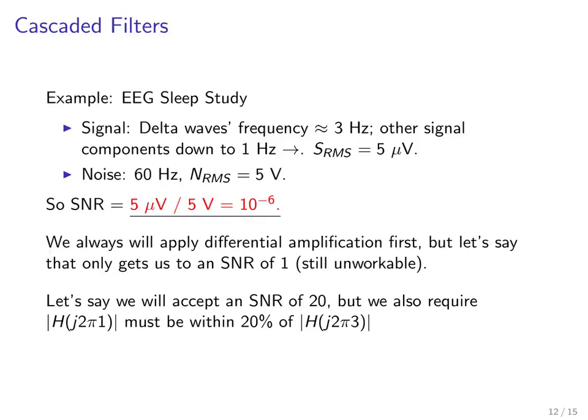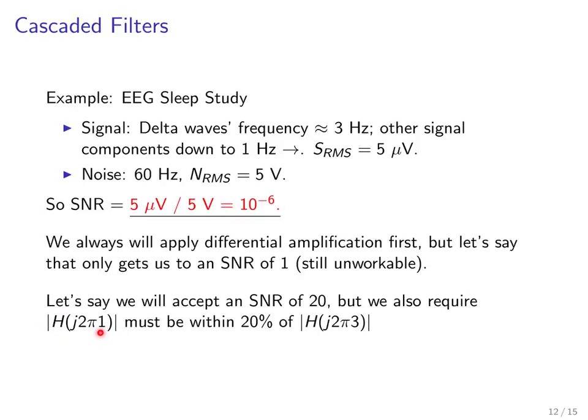So what we will always do in these kinds of situations is first apply differential amplification to try to suppress this, because we usually have the same 60 hertz noise on both the plus and minus terminals of our transducers. But let's say that we did that and it only brought our SNR up to about 1, which is still unworkable by our own definitions. Earlier we said that it's better to have an SNR maybe around 20, but it depends on the situation. Certainly in almost any situation you can imagine, an SNR of 1 is not going to work. Okay, so let's say that we will accept an SNR of 20, but we also require that the transfer function amplitude at 1 hertz,